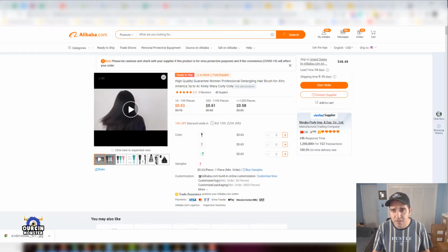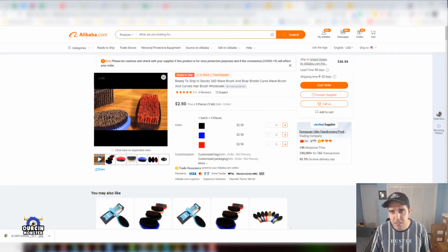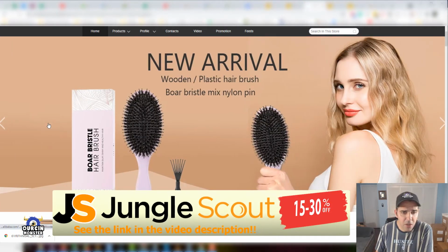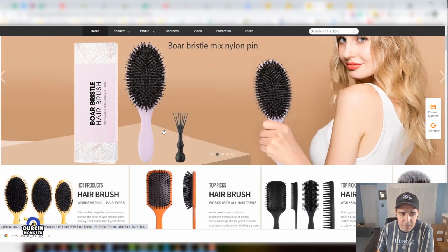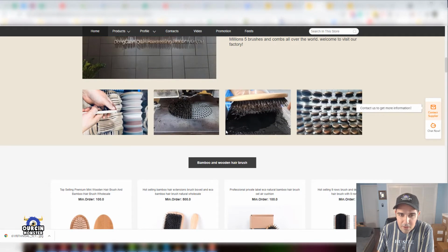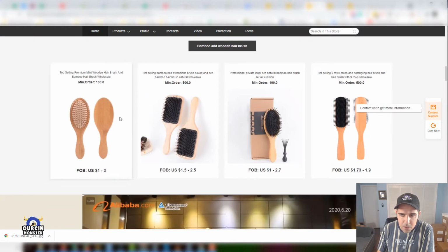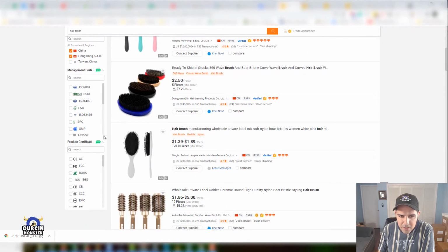At the same time, this is the same brand. Okay, this one, hairdressing. So this company looks like they do the same thing. They also show you pictures of their factory, which is amazing. I didn't really like the building. It looks like it's really going to fall, but it looks like that's their expertise. So I'm going to try to find another company that is